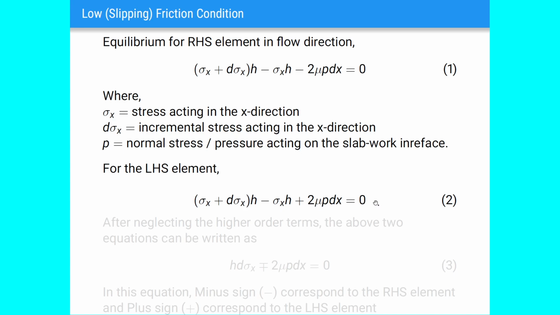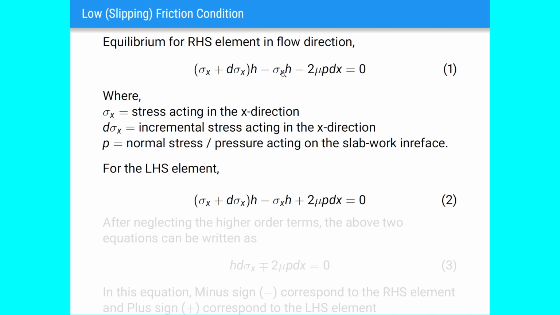If you remove these brackets, this will be sigma x into h, and this is again sigma x into h. So this term will be cancelled by this, and in equation 1 also sigma x into h will be cancelled by this. So the term which would remain